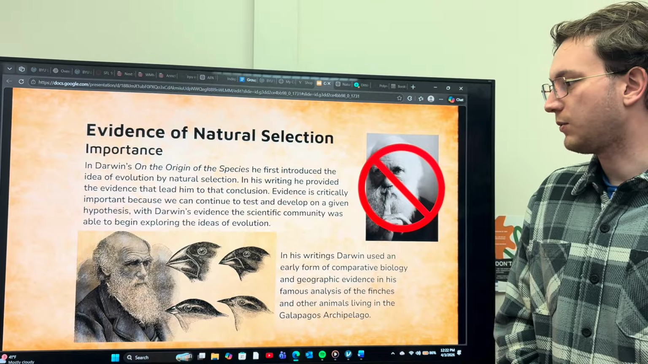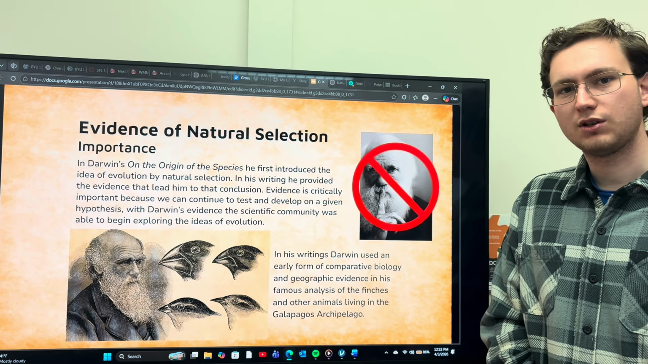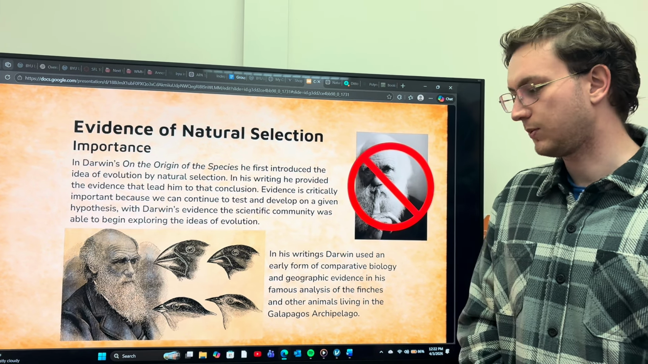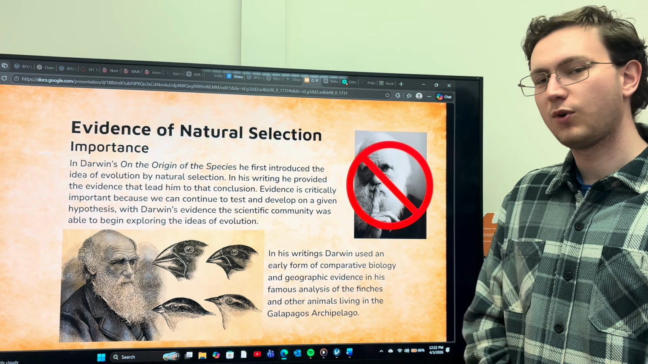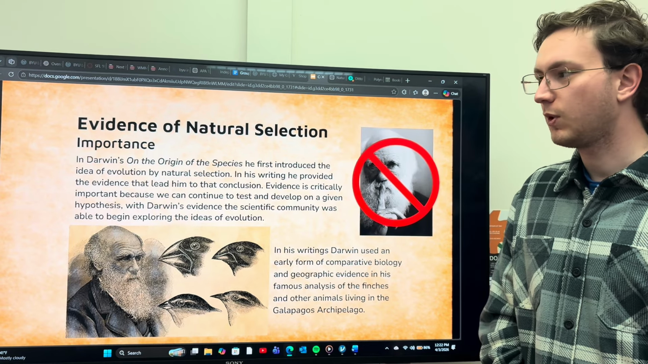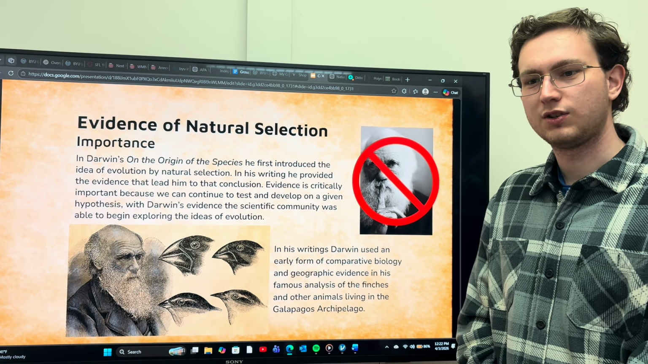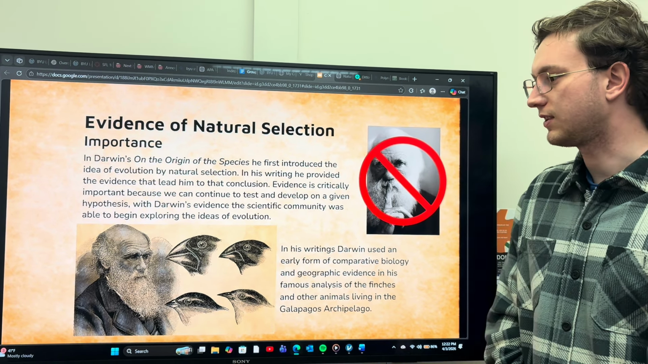In his writings, he provided some evidence by citing comparative biology and the geographic separation, famously of the finches and some other species in the Galapagos archipelago in South America. Nowadays, we have many more kinds of evidence and many more things that we've learned about natural selection because of it, but it was so important that Darwin was not silent about what he first learned and was willing to share his evidence and his knowledge with the world so that we can continue to increase the scientific field and